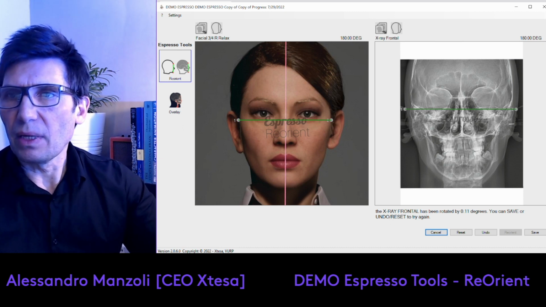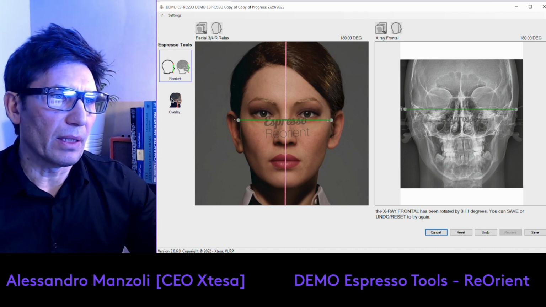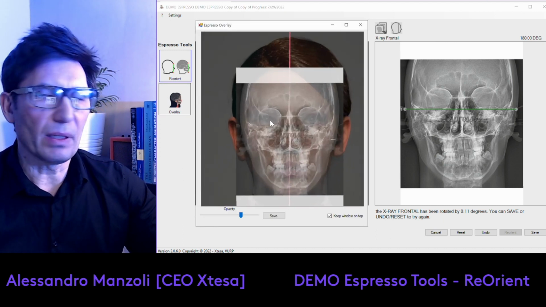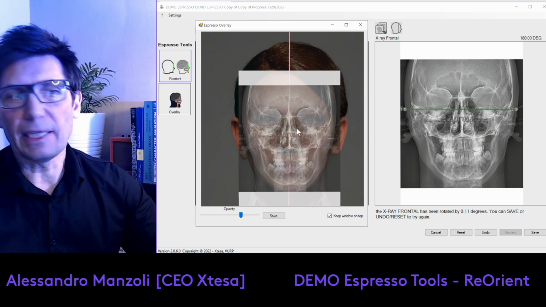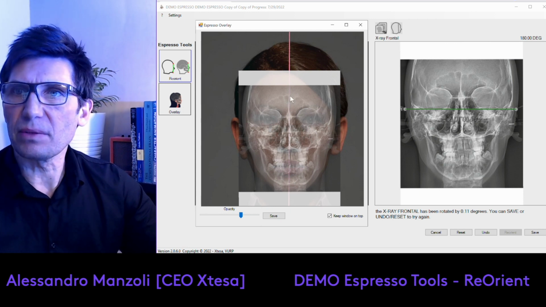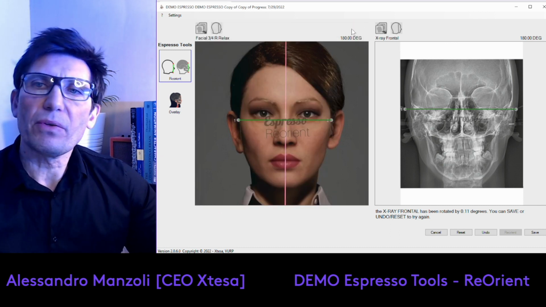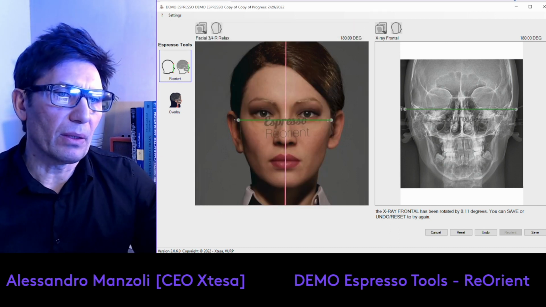So save. And let's go to overlay, and here we have the overlay between the X-ray and the photo. Again, this is automatic and it's super fast. All right, so what else we can do? We can do one more thing. For example, we can go here